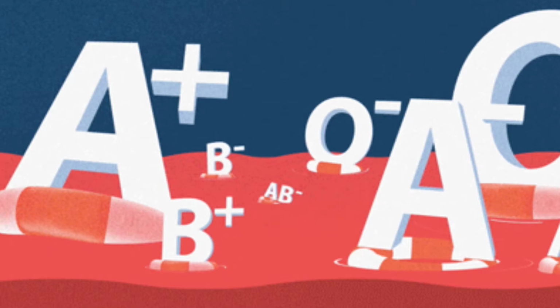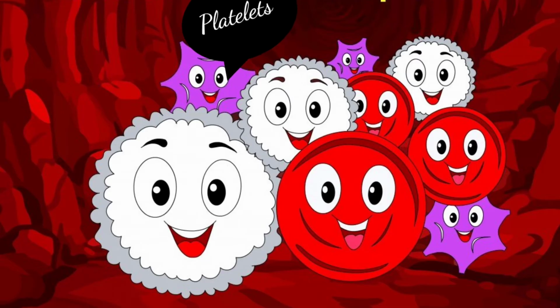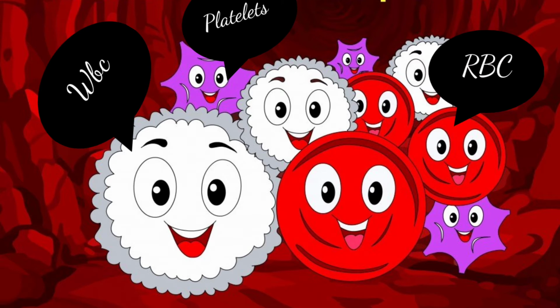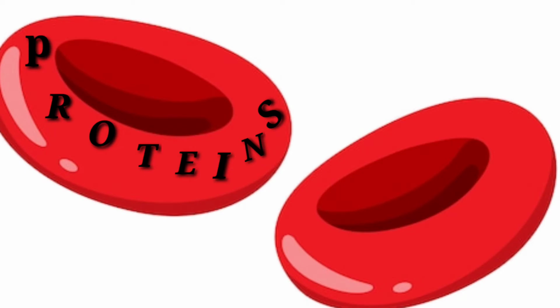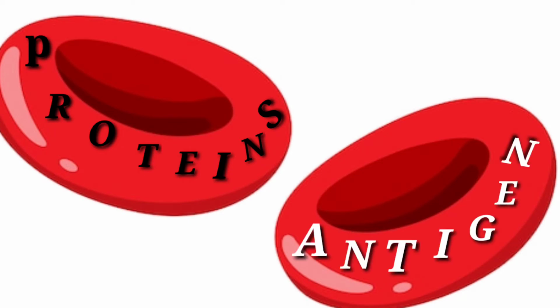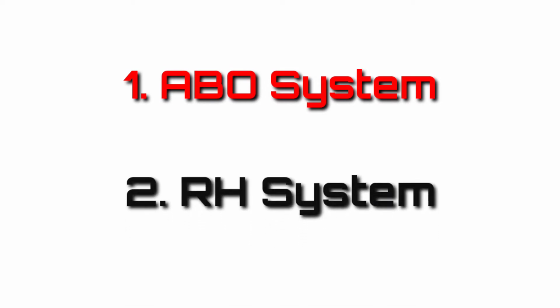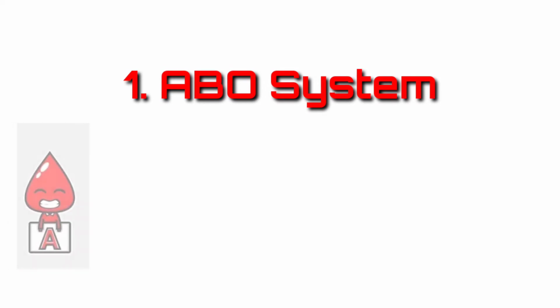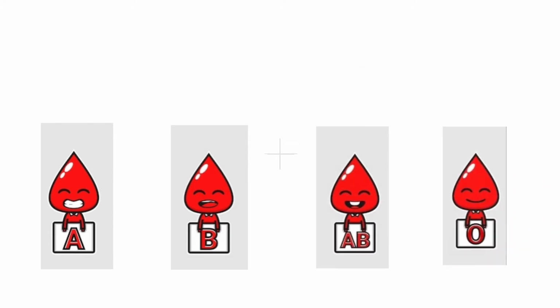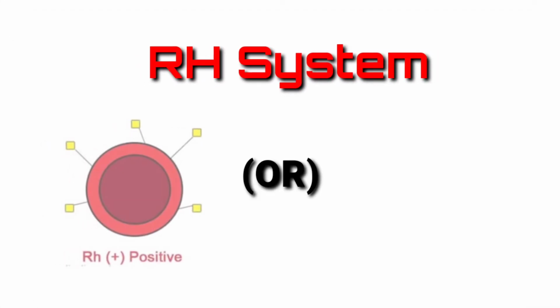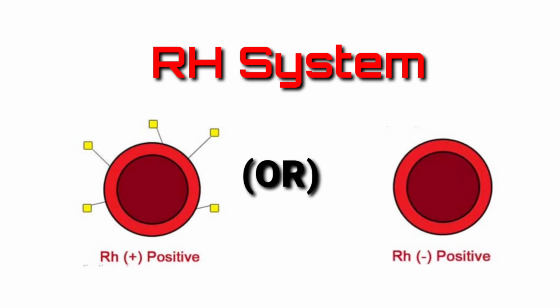Your blood is made up of many things: platelets, plasma, and red blood cells. But the differentiating thing is also present on the surface of blood cells, that is, proteins. In this case, we call them antigens. Our blood type is determined by the surface antigens. In classifying the type of blood of an individual, two systems come into play, that is, the ABO system and the RH system. In the ABO system, blood is categorized as A or B or O. In the RH system, the identification of blood, whether positive or negative, is done.